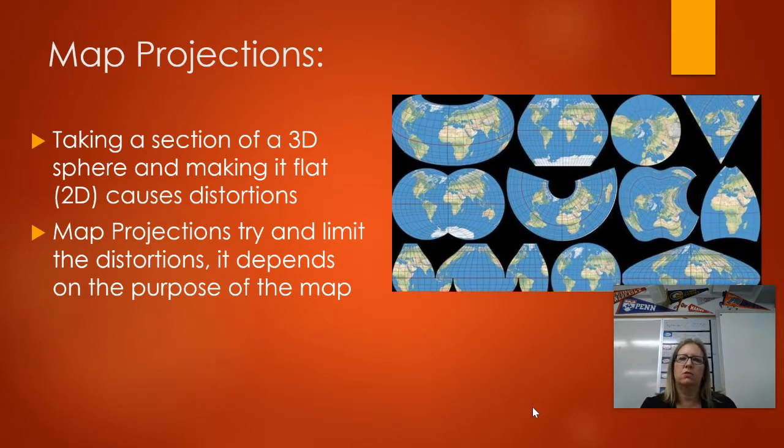So last section we talked about the fact that it's really difficult to take a three-dimensional map and turn it into two-dimensional. And so in order to fix that, we use these things called map projections. And you get all these funky shapes and really it's just taking smaller sections of the map and spreading it out. The shape of the projection and the focus of the projection depends on the purpose of